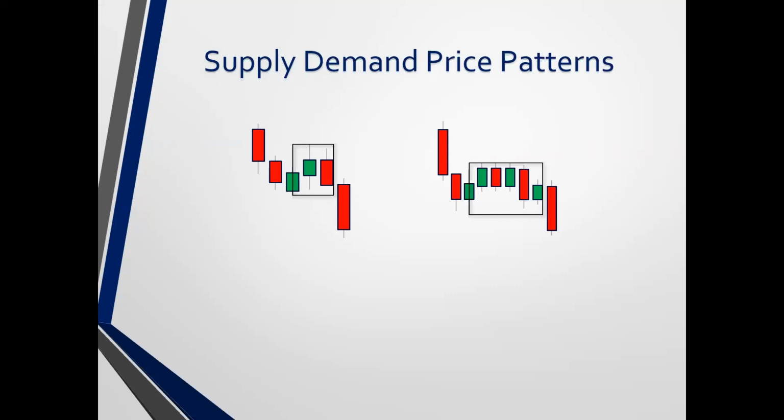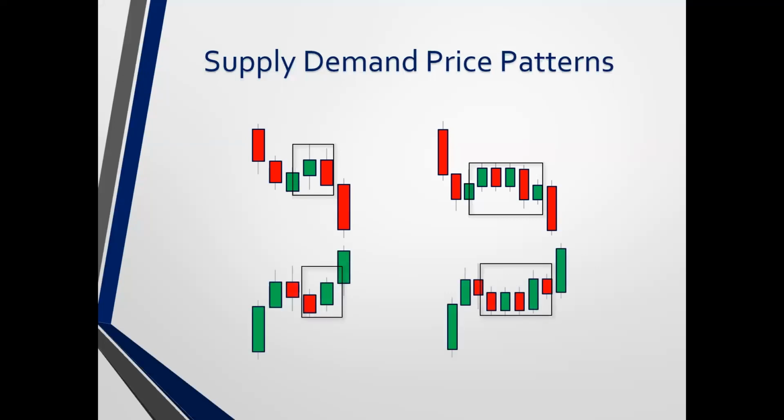All right, so first we're going to look at the supply and demand price patterns, which we've already done. These are the supply patterns, and then we also want to look at demand patterns, right? Understand that there are only 4 patterns here. We have 2 on the top and 2 on the bottom, but really these are just different versions. As you go through part 1, it's going to make a lot more sense. For now, just understand that we're going to go across what supply looks like, what demand looks like, and more importantly, how we're going to go about finding those without discretion.